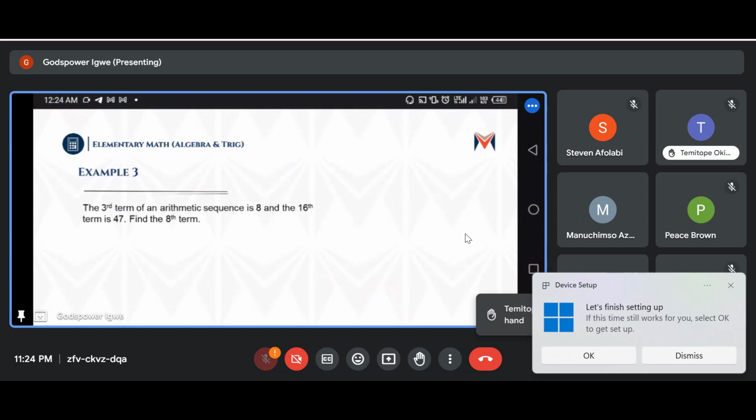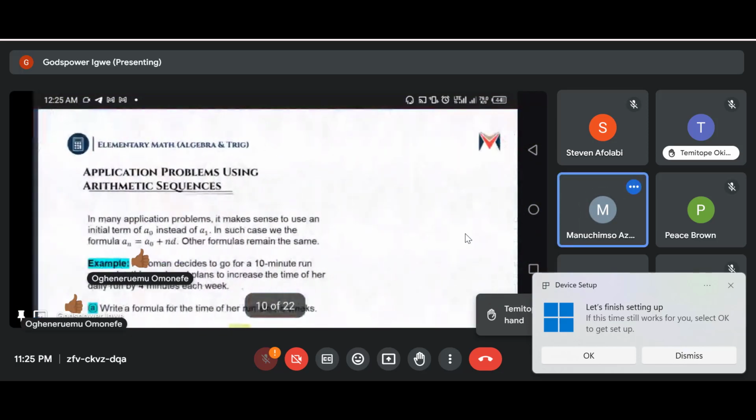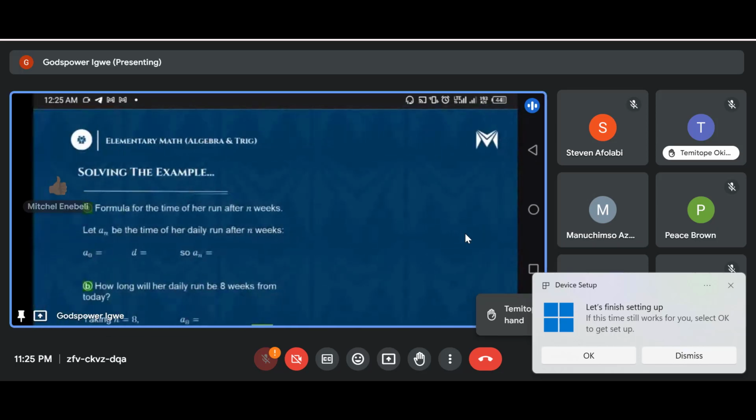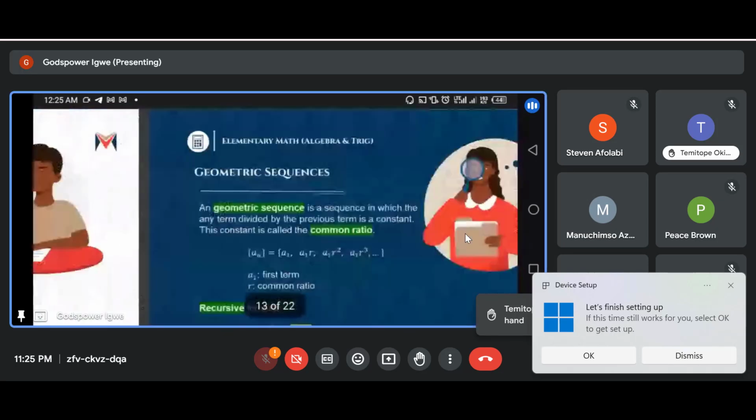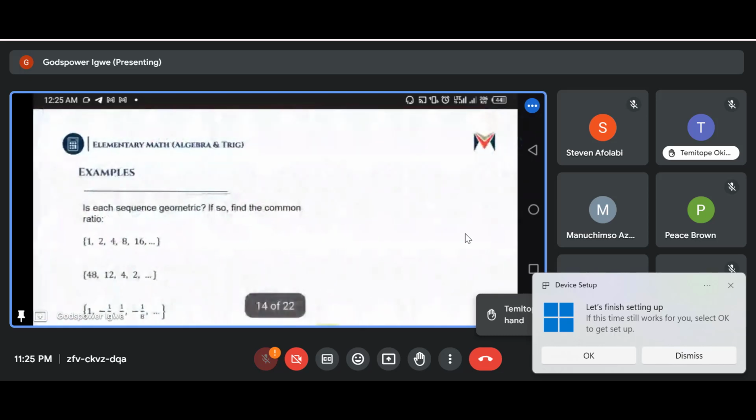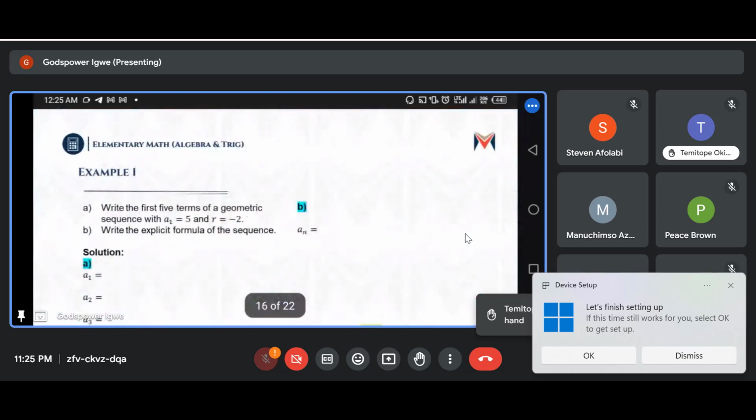Do you understand that now? Well, thank you so much. Solving examples, sequence and series, this and that. Example,